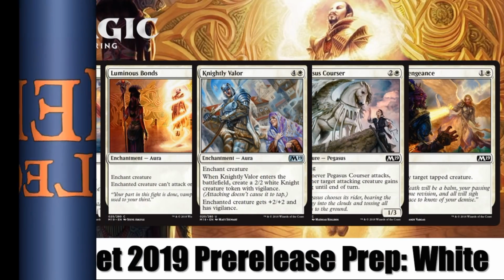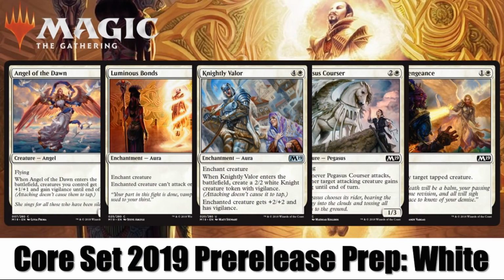Hey there, this is John from Heroes and Legends, and welcome to part 1 of our 5-part Core Set 2019 pre-release prep series, where today we're going to look at some of the more notable white cards with a special focus on the commons and uncommons, which you're going to see quite a bit in your sealed pool of the